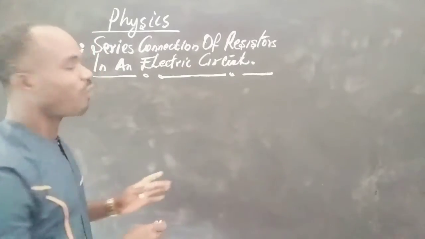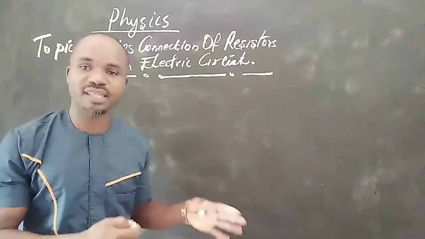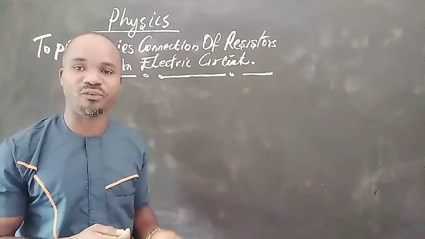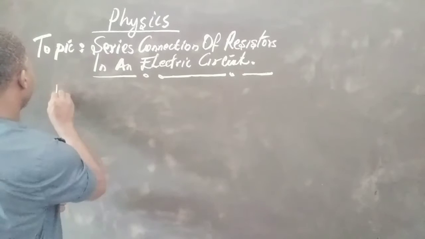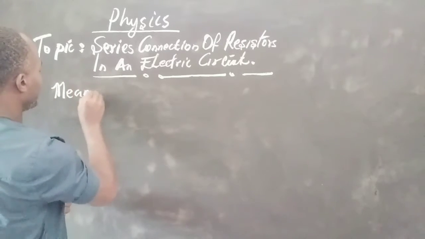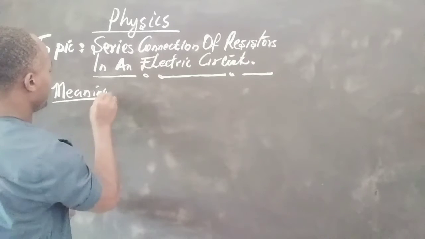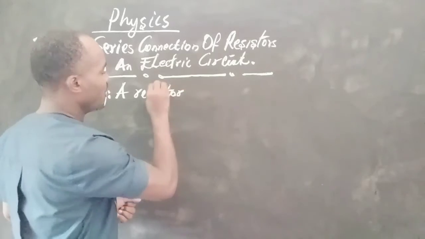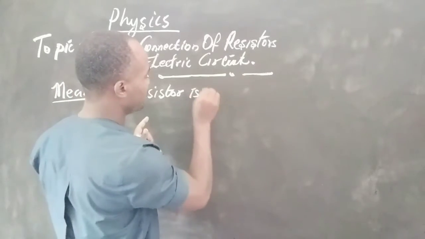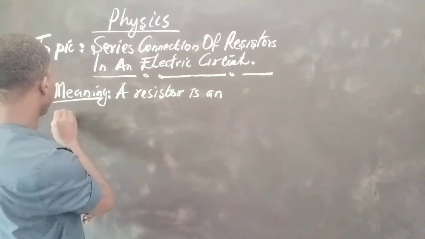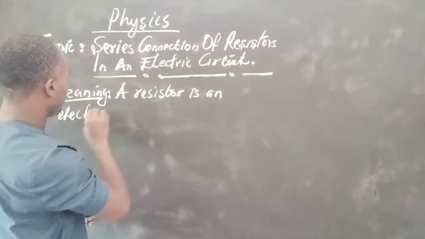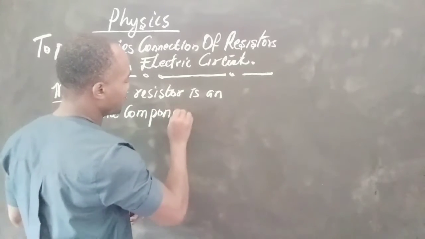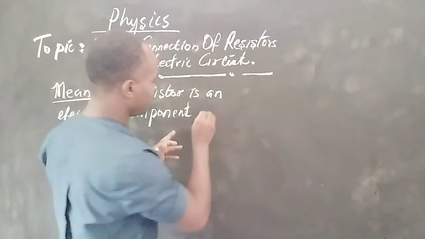Now, before we delve into discussing this comprehensively and extensively, we need to understand the meaning of a resistor, okay? So we start with the meaning of a resistor. A resistor is an electronic component, okay, that